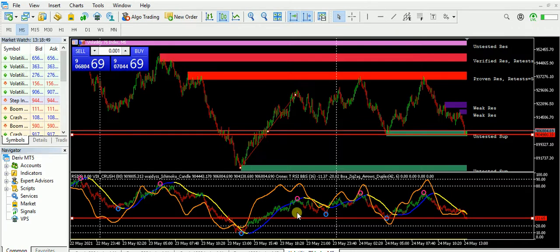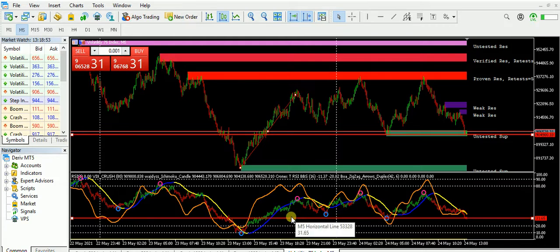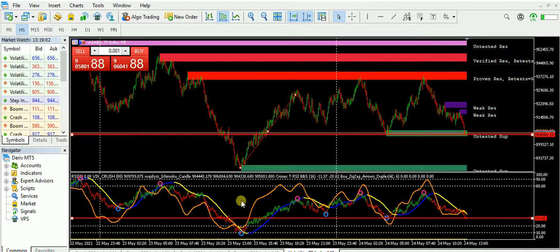That is where we take our trade. We don't take a trade within level 20 and level 80. We don't take a trade within that. But if you have mastered it for a longer time and you want to test it on your demo account